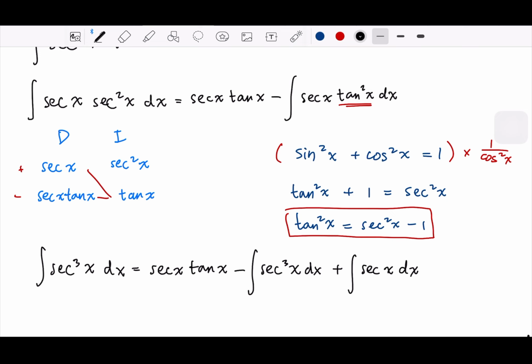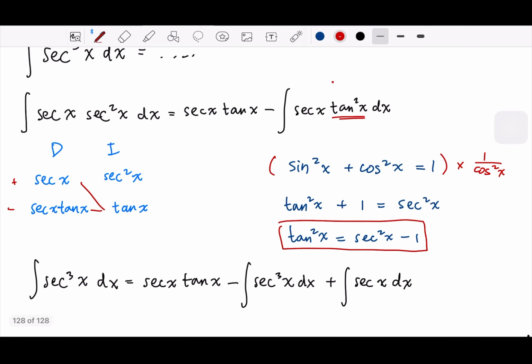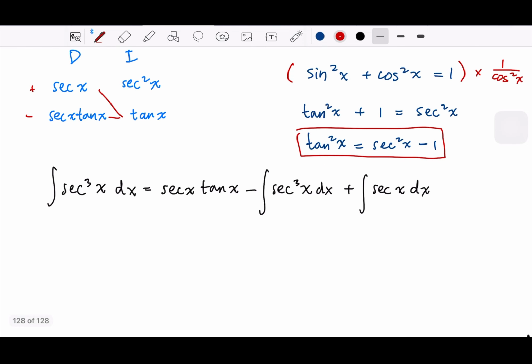So we are multiplying this with the secant squared x minus 1 like that. And then we solve algebraically. So this is 2